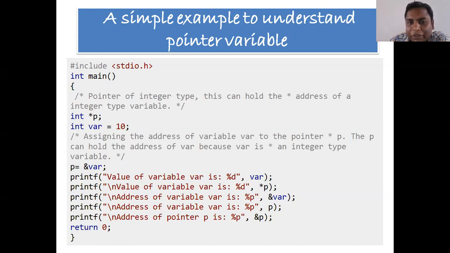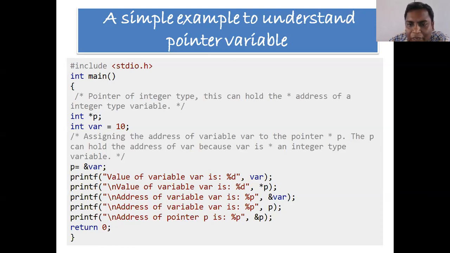So the value at 1000 is 10. So 10 will be printed. Now we are making use of the ampersand operator, which means we are making use of the address operator. So this will print the address, that is, the output will be 1000.